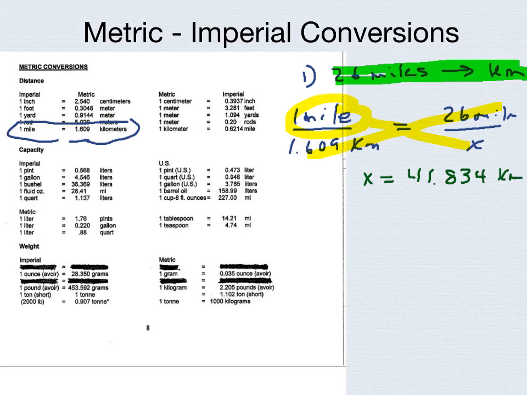Now, you should be thinking ahead of me and saying, but I know another way. There's other ways to do that, and you're right. There's another conversion that you can use. On the table, you could also use this one. 1 kilometer is equal to 0.6214 miles. So say I did this. 1 kilometer is the equivalent to